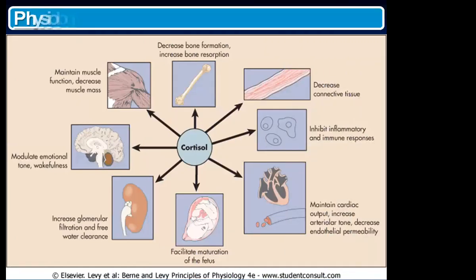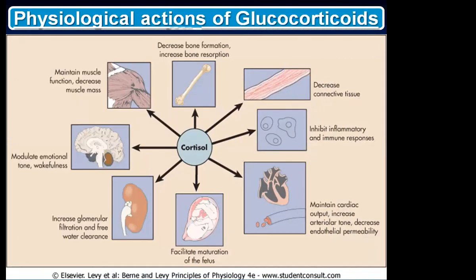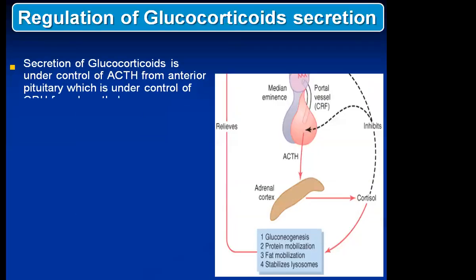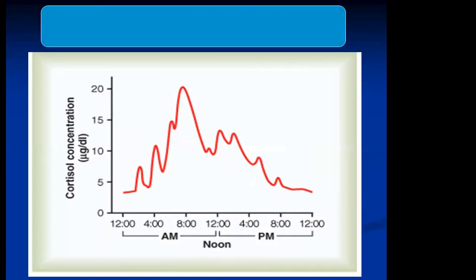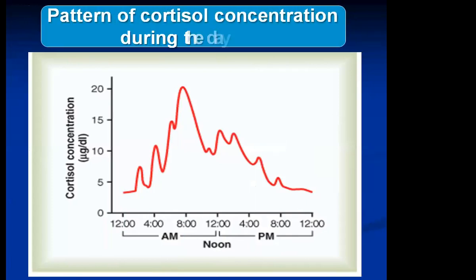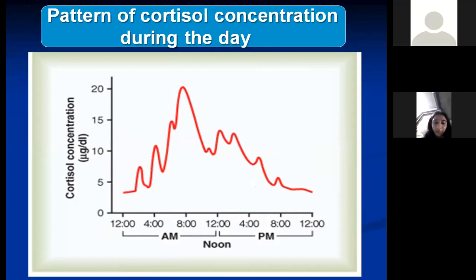So all in all, we had seen the various actions of these glucocorticoids in various systems. All of you must recall these actions because we are going to study certain abnormalities today. So you should know what cortisol causes in normal doses and what it will cause when the level of cortisol will increase or when the level of cortisol will decrease. We had also seen how this glucocorticoid secretion is regulated by the hypothalamic feedback mechanism. We had seen how the concentration of cortisol increases during the day, how it is highest in the morning and how it decreases throughout the day.